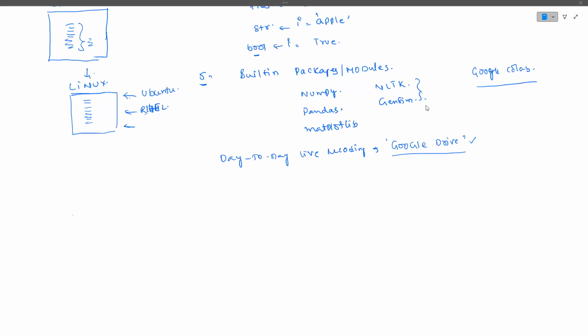Because if we want to work with multiple environments, sometimes these libraries, for example, now we have 3.13, some of the libraries may not be compatible with Python 3.13. Sometimes you require 3.10, sometimes you require 3.12. So to set up that kind of environment, VS Code is the better choice.